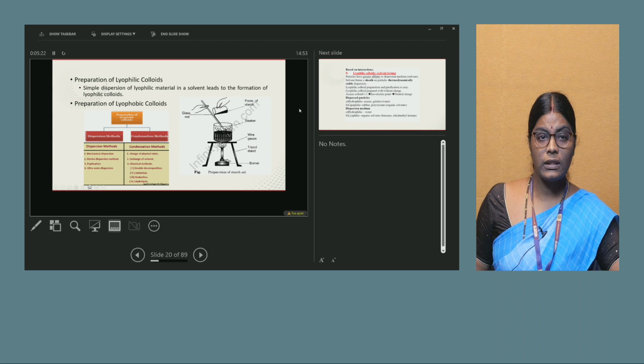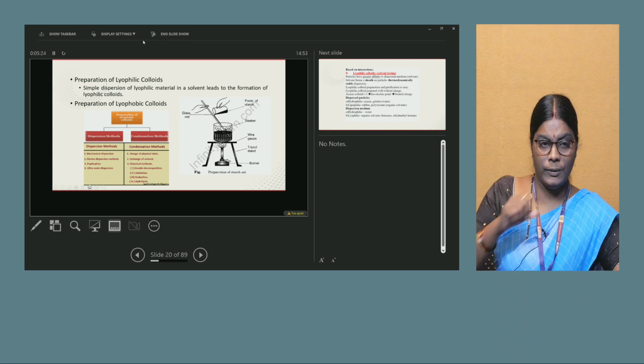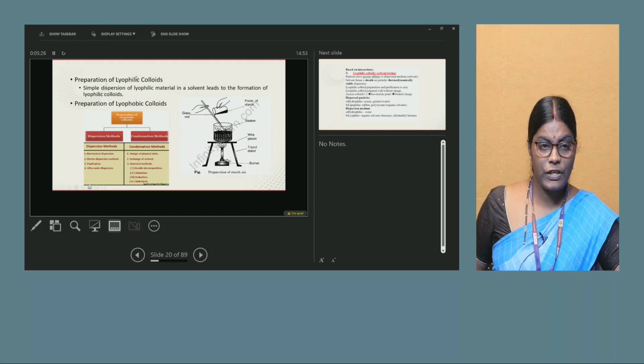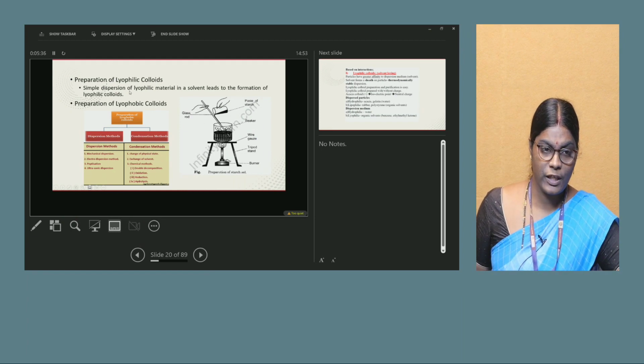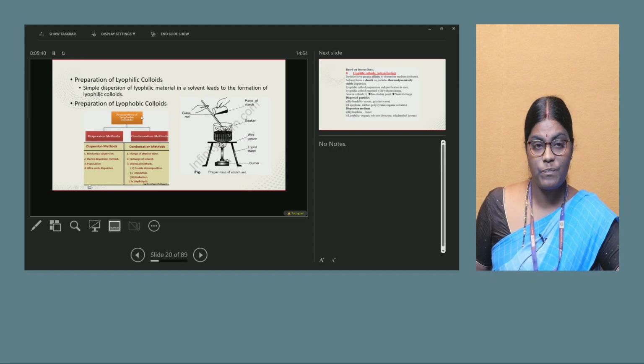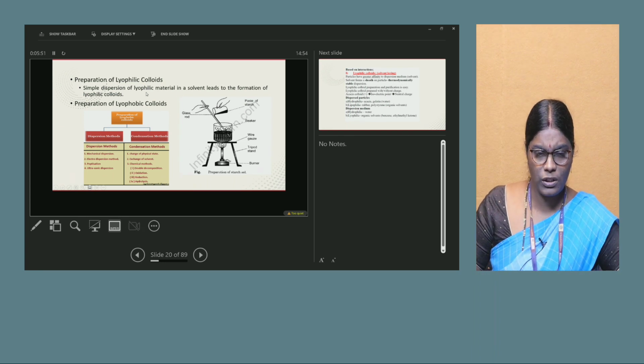And coming to the preparation of colloidal particles. How can we prepare the colloidal particles? Here the preparation of lyophilic colloids will be by different methods, and preparation of lyophobic colloids will be different. When coming to the lyophilic colloids, it is very simple to prepare them. Why? Because you just take the solvent, whatever you want,